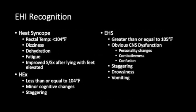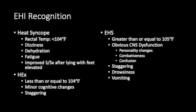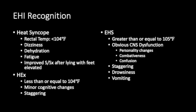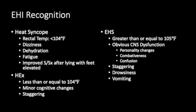Heat syncope is the temporary loss of consciousness that can occur when a person is exposed to high environmental temperatures. The patient will most likely have a core temperature of less than 104. Patients with heat syncope will typically improve after lying down with their feet elevated, allowing the blood to get back